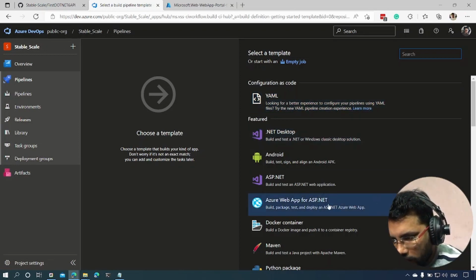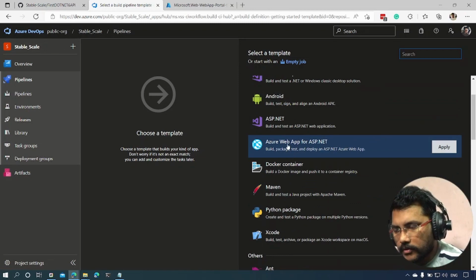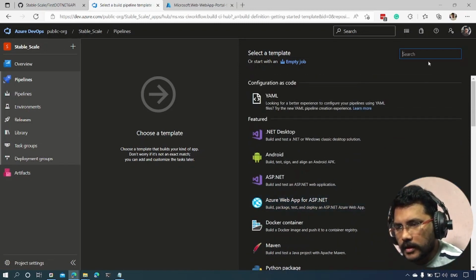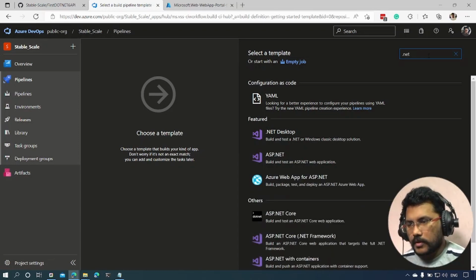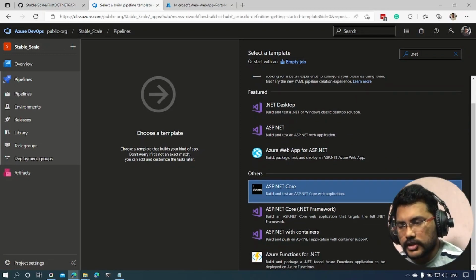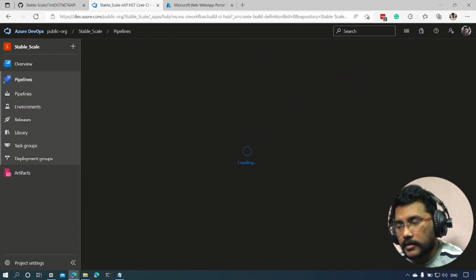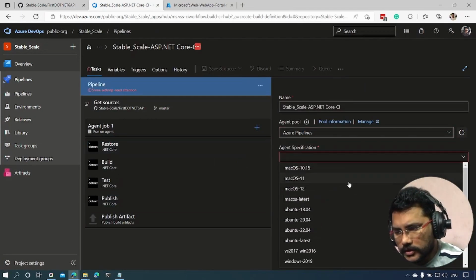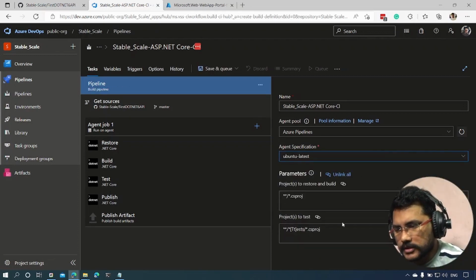But for my case, this is a simple .NET web app, so I'll be using the .NET Core, because for 6.0 I need .NET Core. I'm gonna click and apply. So I need to specify which system. If you prefer Ubuntu latest,